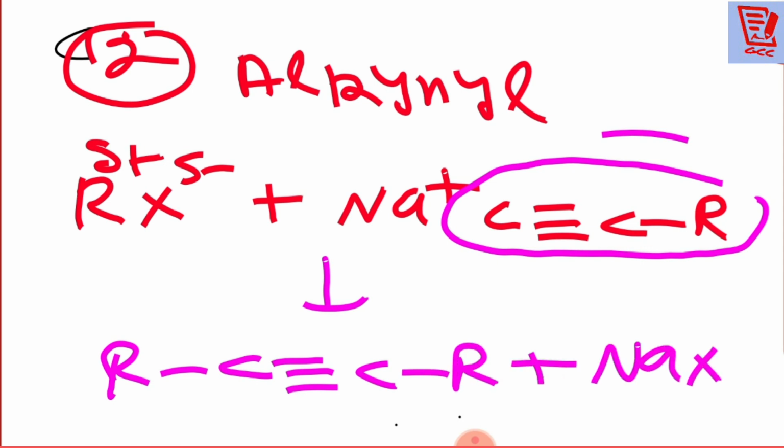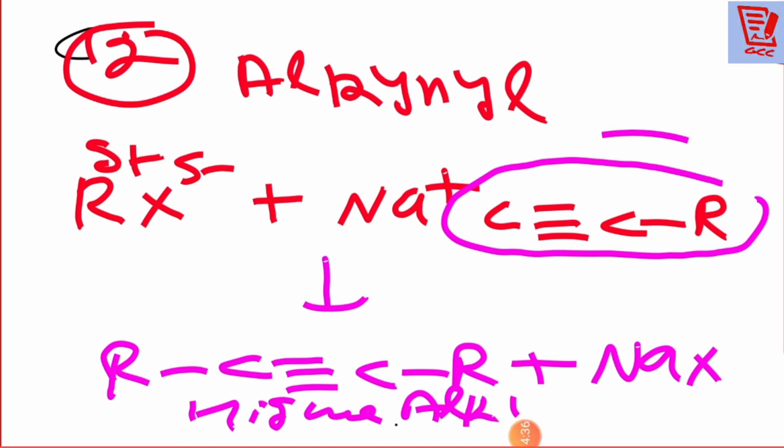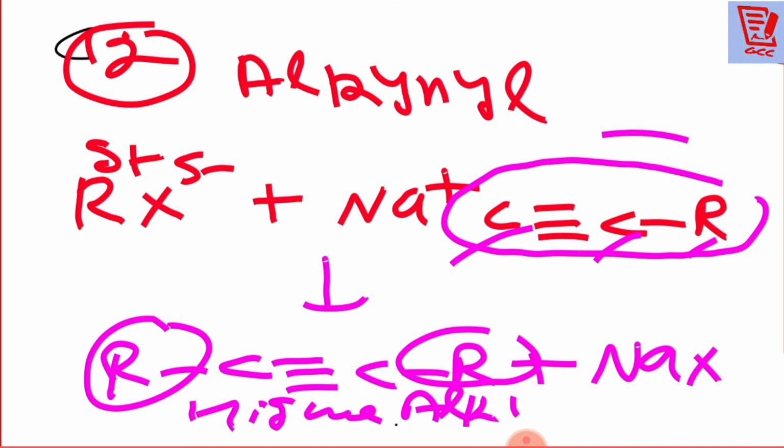But you see, all of you, what are we getting over there? We are getting a higher alkyne. Why higher alkyne? Here 1, 2, 3: one R and 2 carbons. Here 2 R will be there. So the number of carbons is going to be increased. Okay, students. So with that one only, we have just completed the first reaction, but its mechanism is also there in the syllabus. That we will do in the next video. Thank you very much to all of you. God bless you.